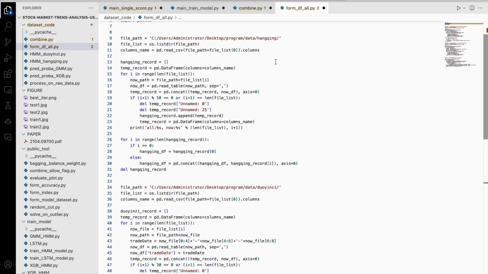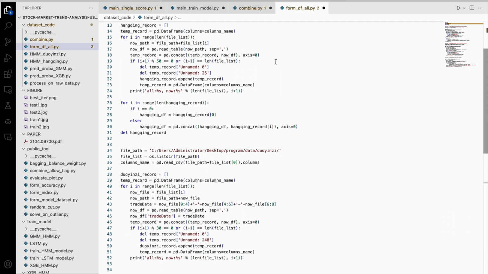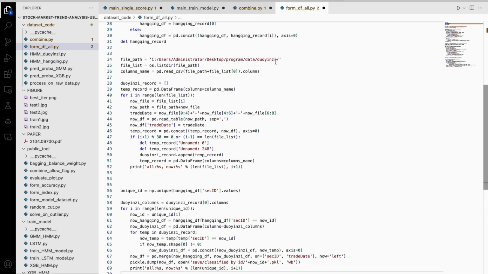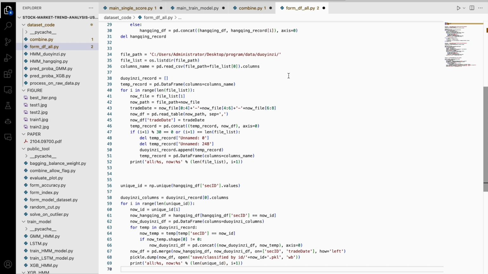creating data frames. It iterates over each file, reads the contents, and appends them to a temporary data frame. After every 50 files or the end of the list, it removes 2 unnamed columns and adds the clean data frame to a list. It then prints progress updates. After processing all files in the first directory, the script concatenates the collected data frames into one large data frame. It then repeats a similar process for a different directory of CSV files representing a different set of market data,